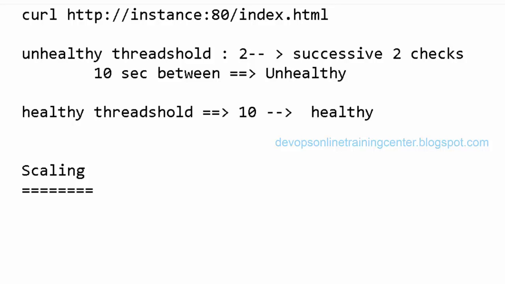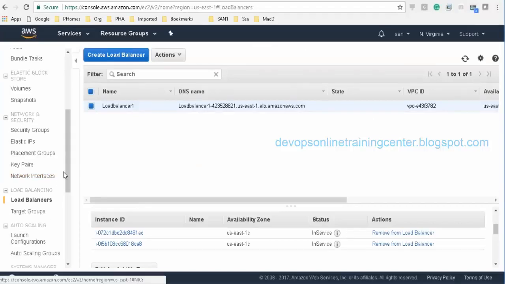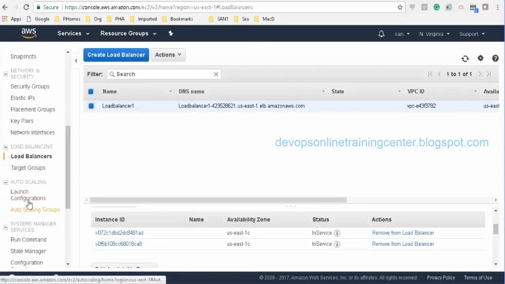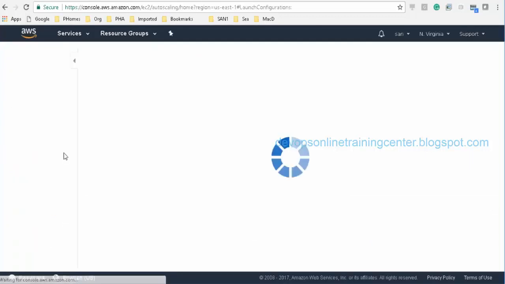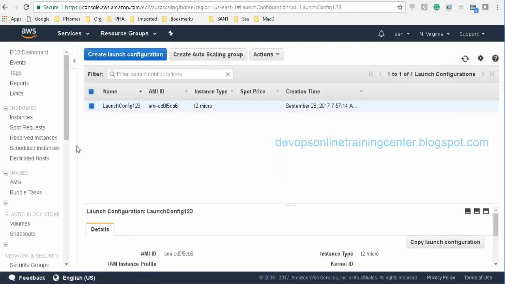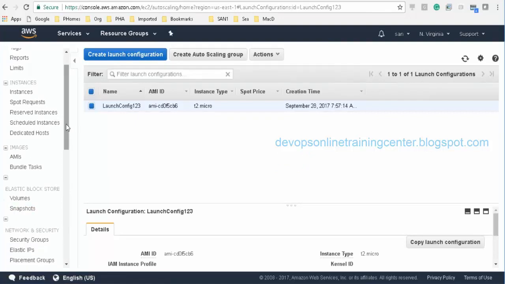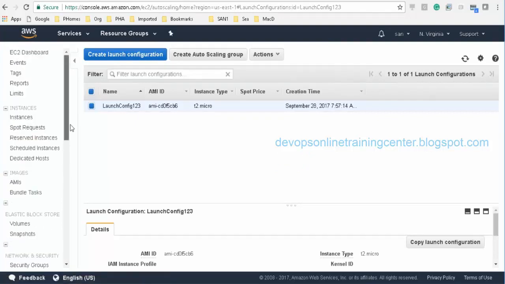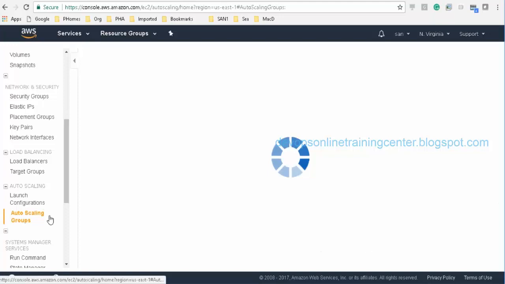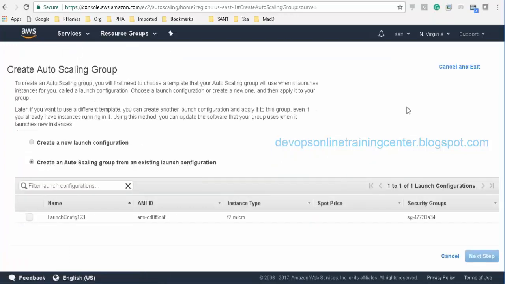Now, what is the situation? If the CPU utilization goes down or goes up, based on that we have to spin up instances, right? Yesterday we created two policies: scale out and scale in. Let us create them today as well. I think the launch configuration is already there, so let us go to auto scaling groups and create an auto scaling group.